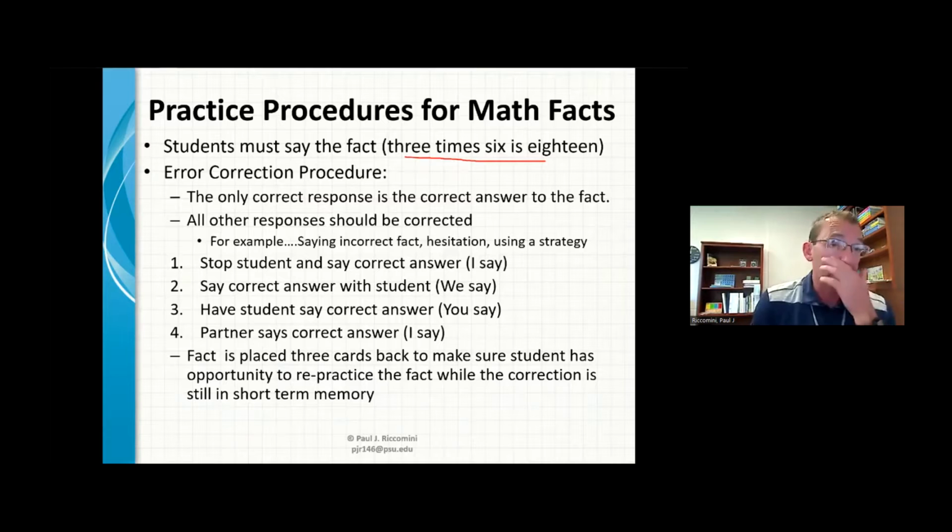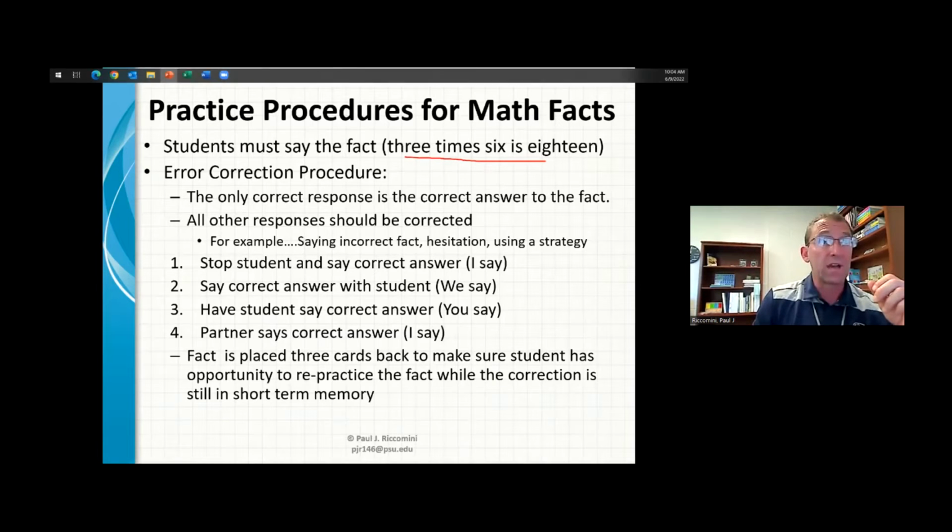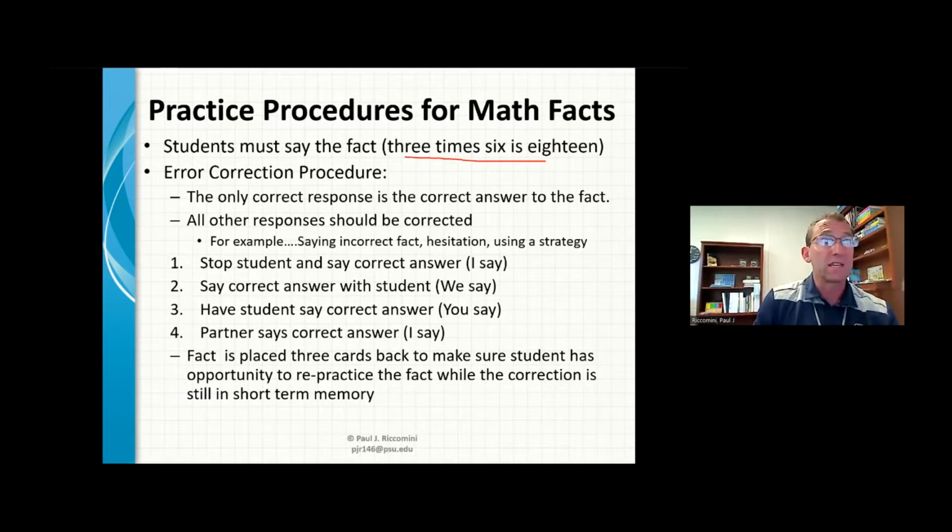That's the disadvantage of the computer: they're typing it and not saying it. So if you're going to do computer practice, have them on it for 4 to 6 weeks and look at their progress. If they're not making progress, that's where you have to think about potentially switching up the practice.